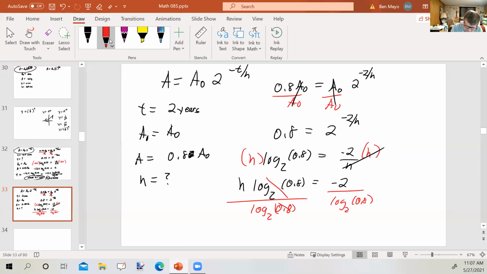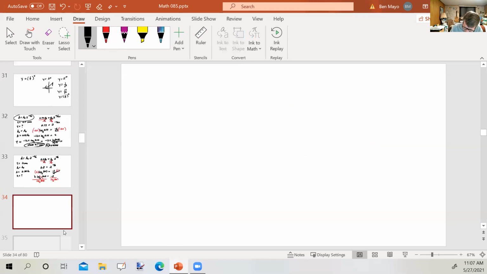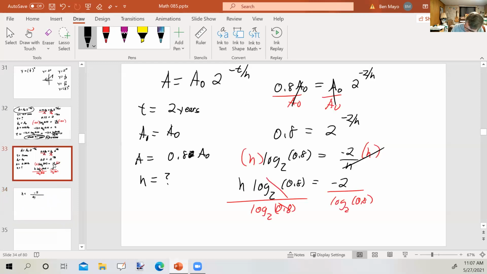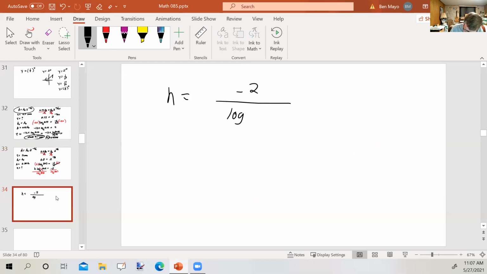So that gives me, I'm going to go to the next page. That gives me H equals negative 2 divided by the log base 2 of 0.8. Okay. Using the change of base formula,